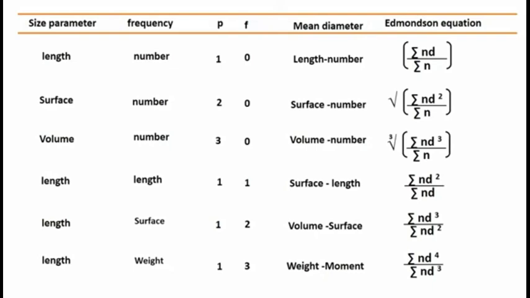Next, porosity. True volume is the volume of the powder itself. Granule volume is the volume of the powder itself plus the volume of intra-particle space or pores. Bulk volume is the volume of the powder itself plus the volume of intra-particle space or pores plus the volume of inter-particle space or voids. Void volume is equal to bulk volume minus true volume. The void volume is the difference between bulk and true volume.